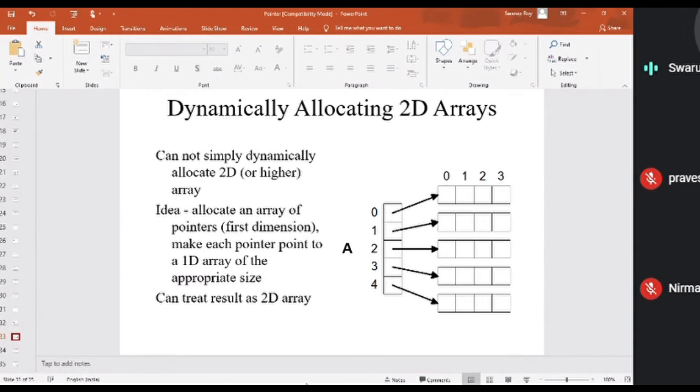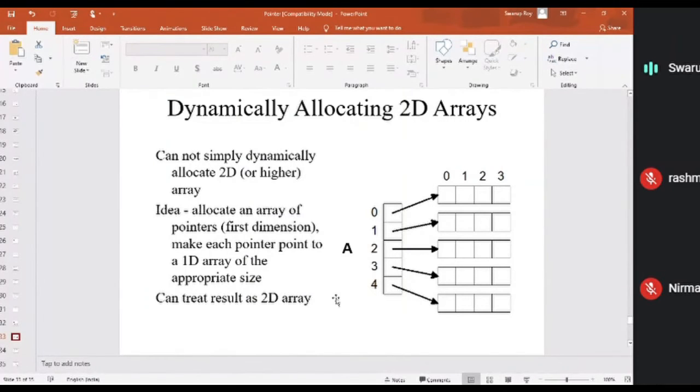Now the same thing, you can use dynamic memory allocation to create a matrix, a 2D array. How is it going to happen? The first array should be an array of pointers, and in each space you are going to store the base address of some other array. That way you are making a two-dimensional matrix. Do you understand that? Is it clear? No, sir. Okay, so A is an array of pointers.